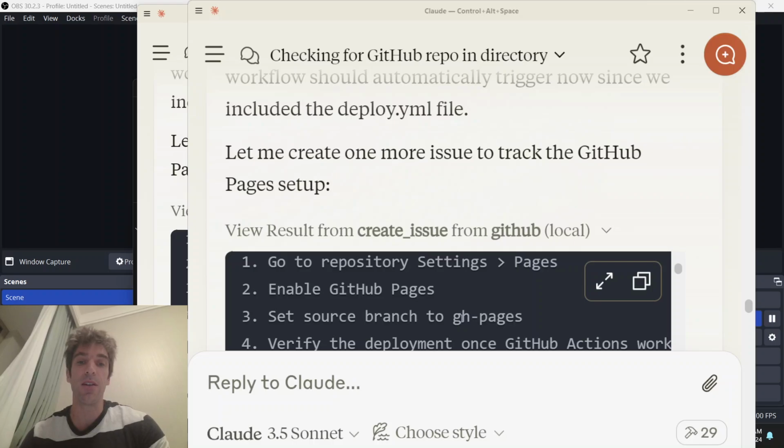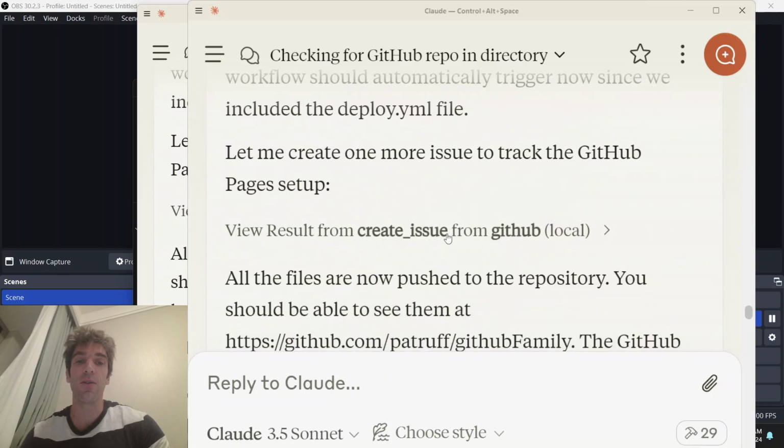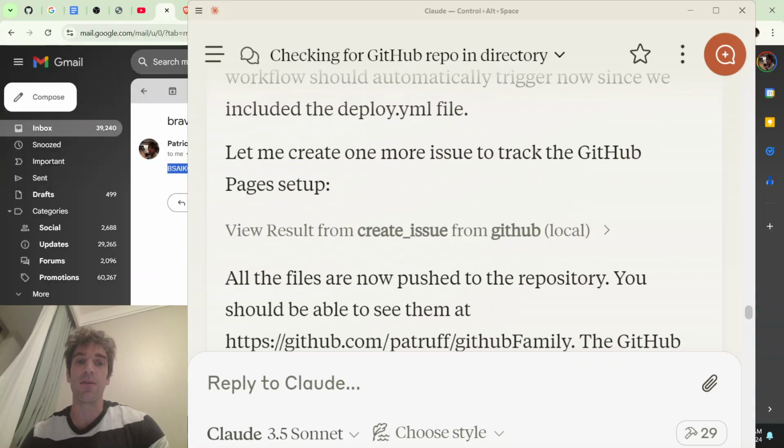Go into the UI, then go to enable GitHub pages, and then after that, set the source branch to gh-pages. And then you could start to do this. So even though I told it to do this, it can't do it itself. So this tool doesn't have the particular means to go into the repo and actually go into the GitHub action. So just for people that need to,